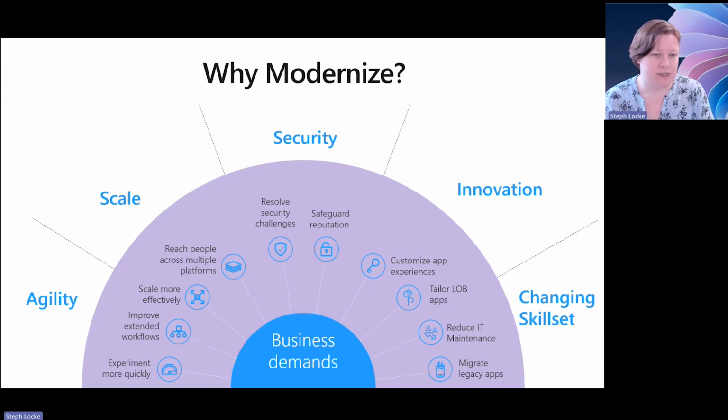You have an increased security focus by moving to the cloud, which is something that I think we're all very conscious of today when it's becoming increasingly more complex to secure our environments. You're able to start buying more best of breed applications and be able to customize what you do to be able to integrate.